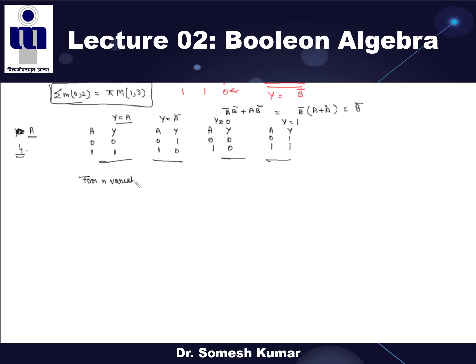For n variables, the number of possible expressions, this is your formula. The number of truth tables or possible expressions is 2 to the power 2 to the power n. This is the formula, which is very important. So now tell me, if n is 1, then according to the formula, how many expressions are possible? If n is 2, how many expressions? You can write down these 16 expressions at home. You can try, surely you will get them.